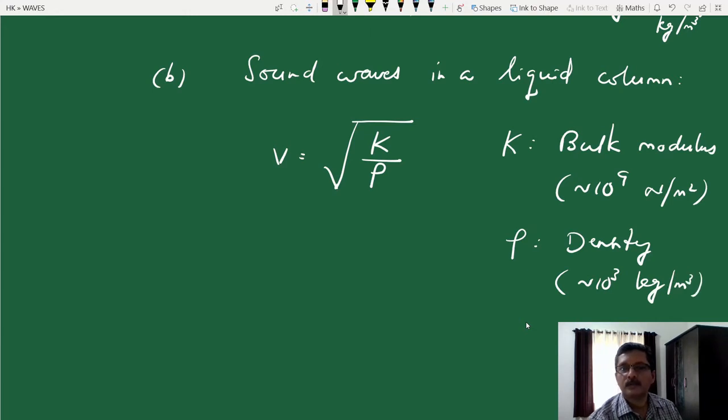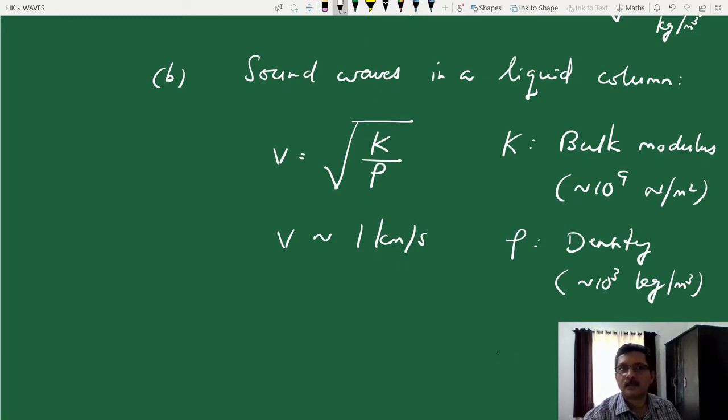Okay. So liquids are more compressible compared to solids, even though there is not much reduction in the density compared to solids, which is also of the order of 10 raised to 3. Since they are more compressible, the speed of sound waves in a liquid is somewhat less. The typical speed is of the order of 1 kilometer per second. In solids it can be 2 to 5 kilometer per second.